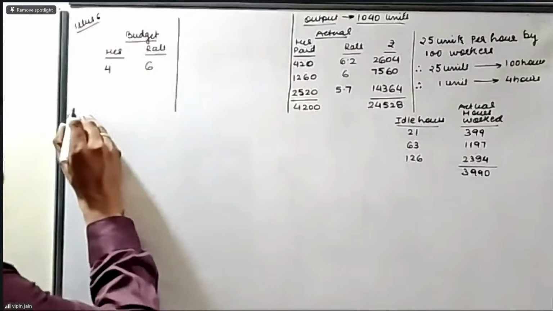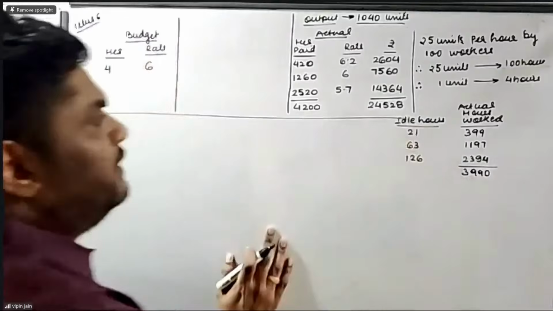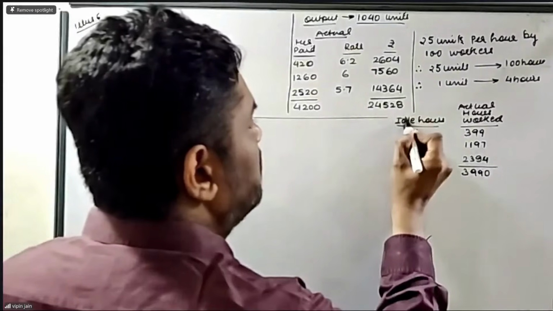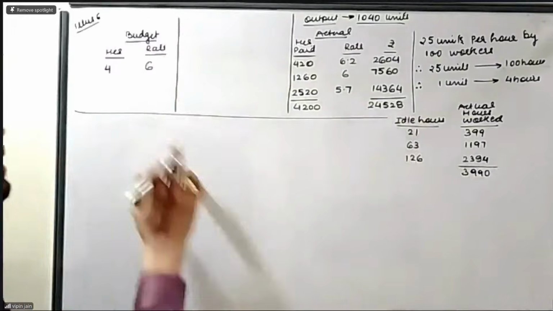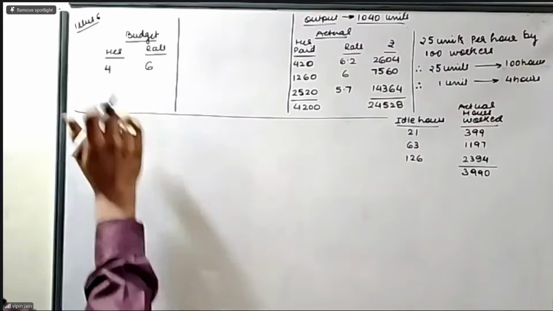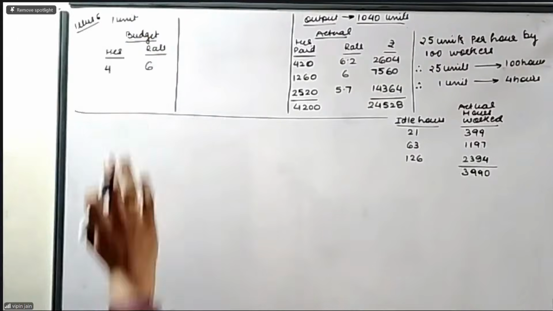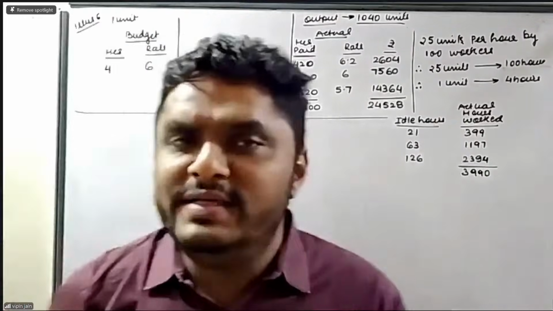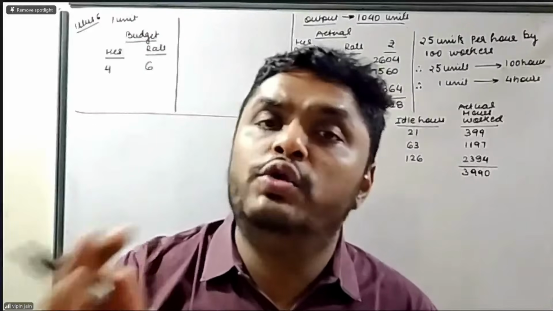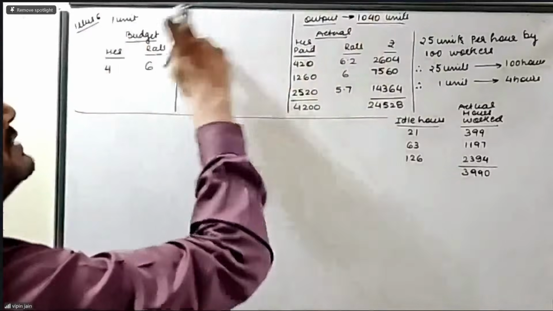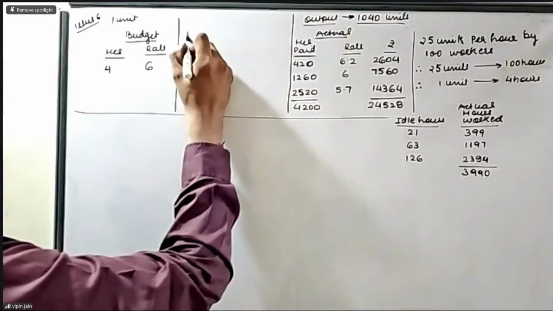So we have got the budgeted data and actual data. We have got the calculation of idle hours also. Now my first point, the data is given for 1 unit of output. So the first question, are these two figures comparable or not? No, these two figures are not comparable because their output is not same. So we have to prepare